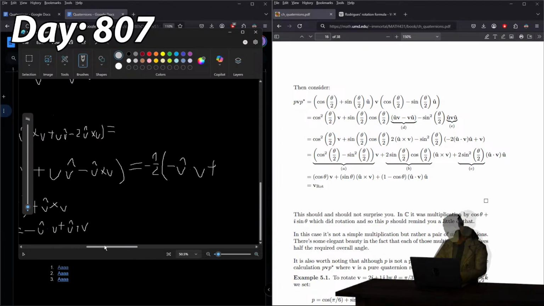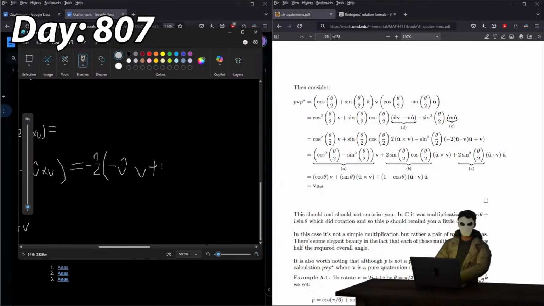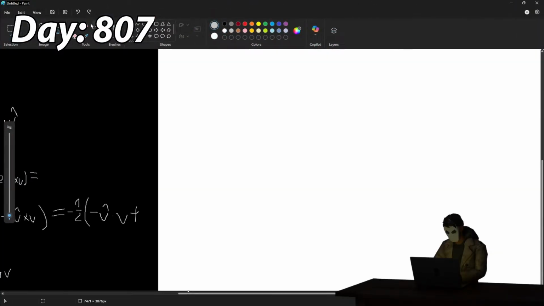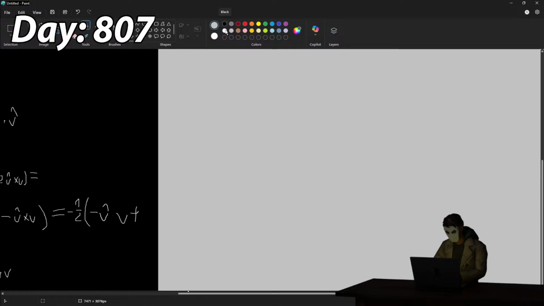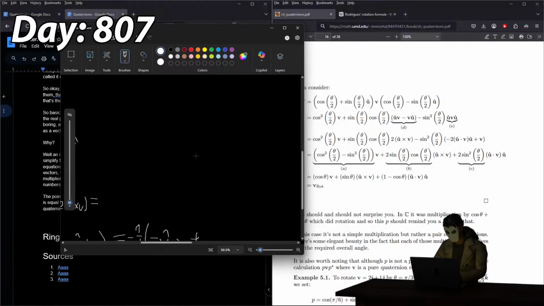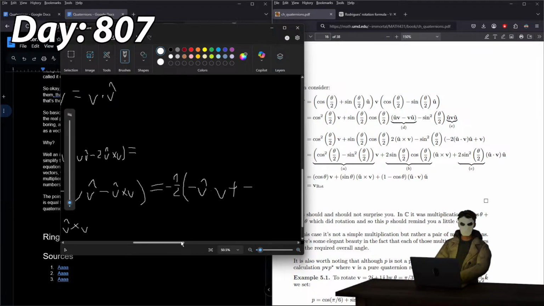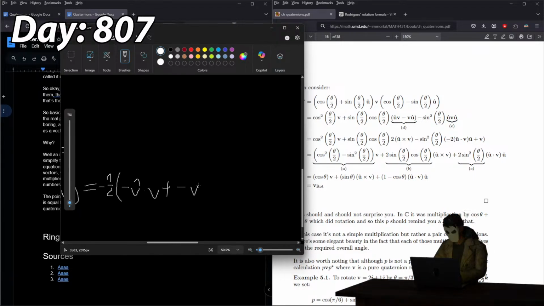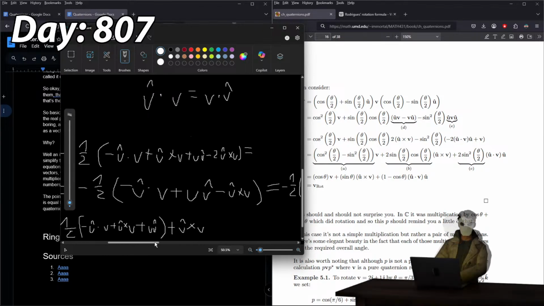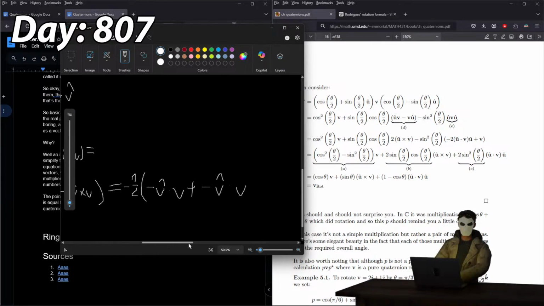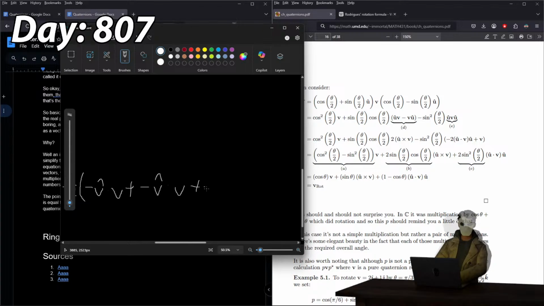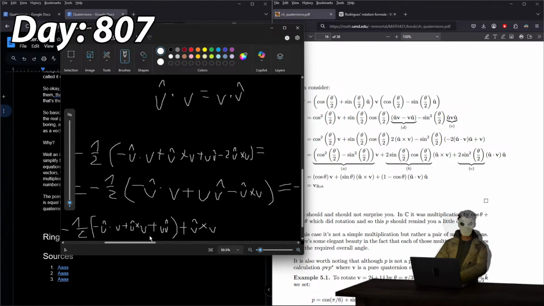Plus negative, which means just a minus, plus minus. We can do u dot v, and then this is v cross u plus v cross u, and then minus u cross v,